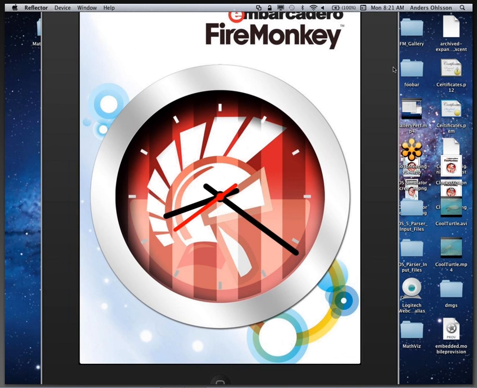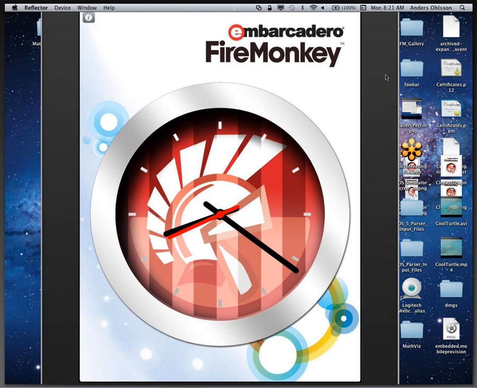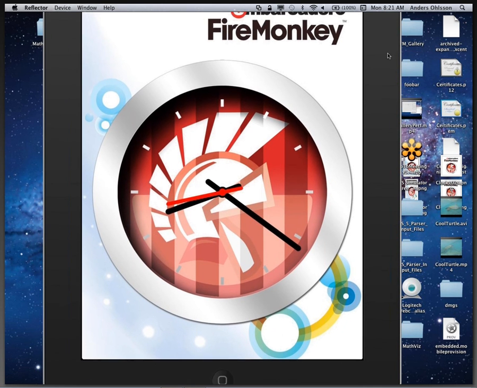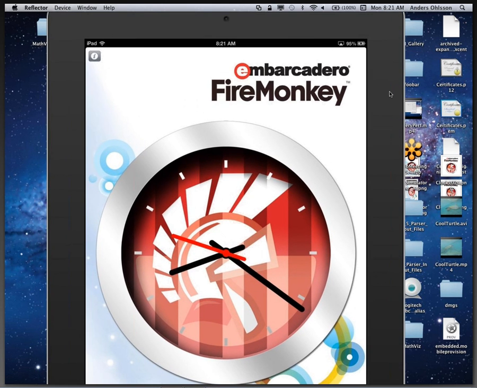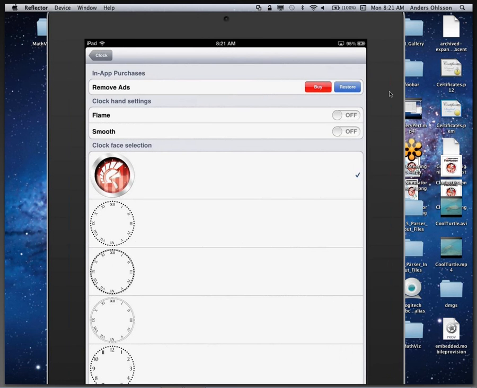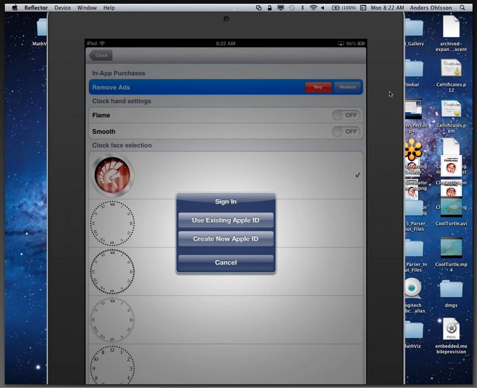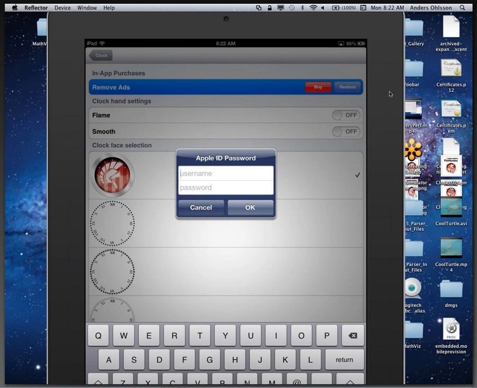So here we are with ads. It's failing right now, but it'll come back to an ad sooner or later. So we would like to go to the setup page, and we're going to buy. Let's try to restore it. Actually, we're going to try to cheat the system here. So let's hit restore. I'm going to sign in with CodeRage